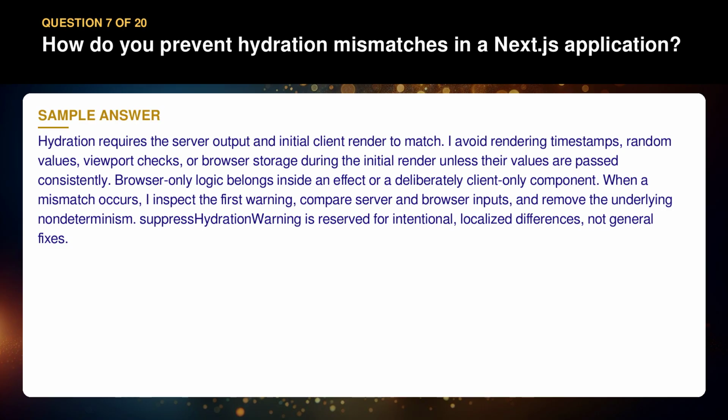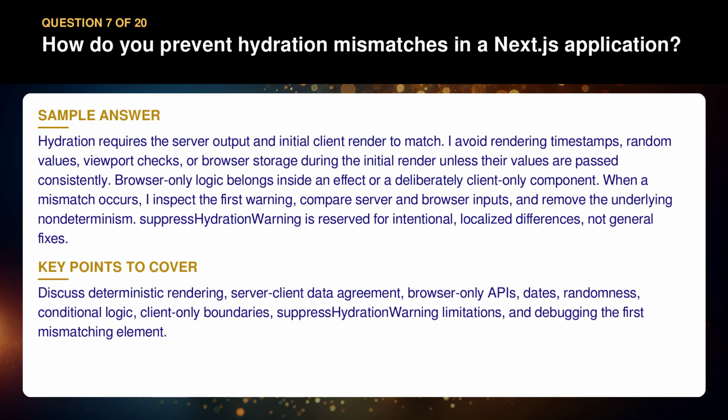Browser-only logic belongs inside an effect or a deliberately client-only component. When a mismatch occurs, I inspect the first warning, compare server and browser inputs, and remove the underlying nondeterminism. Suppress hydration warning is reserved for intentional, localized differences, not general fixes. Discuss deterministic rendering, server-client data agreement, browser-only APIs, dates, randomness, conditional logic, client-only boundaries, suppress hydration warning limitations, and debugging